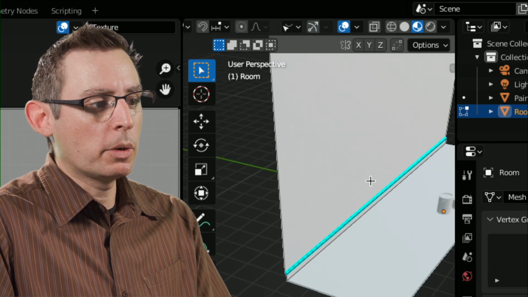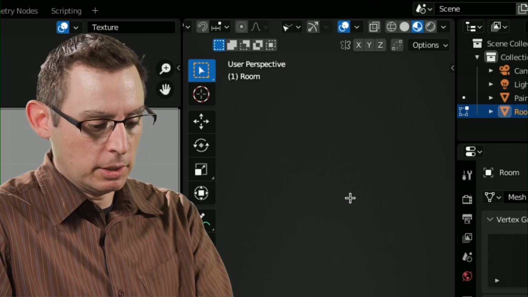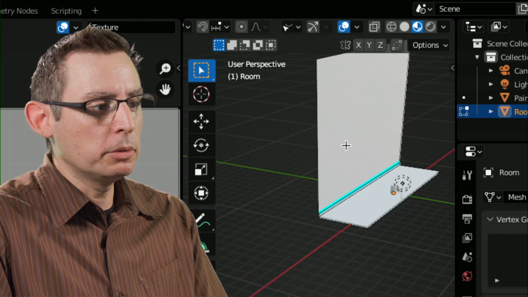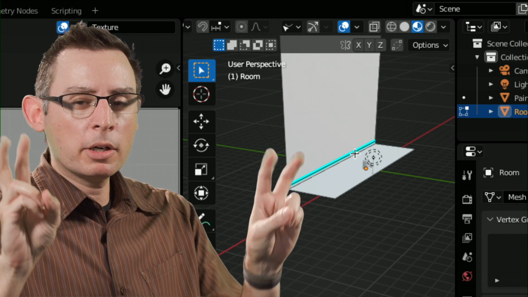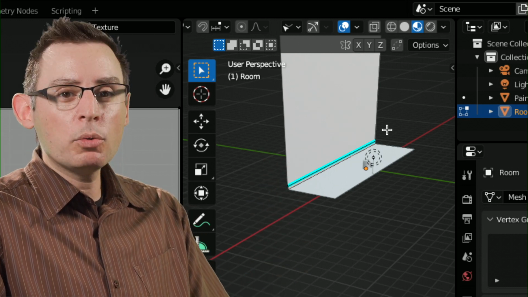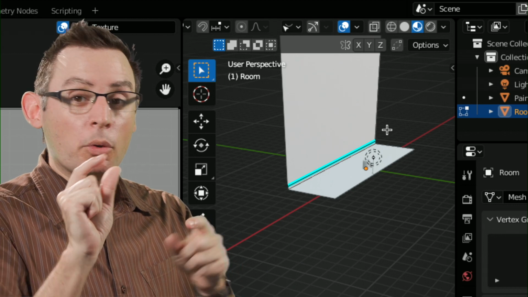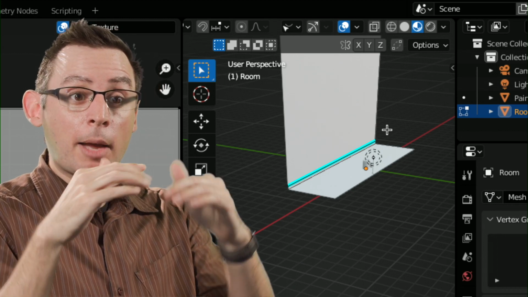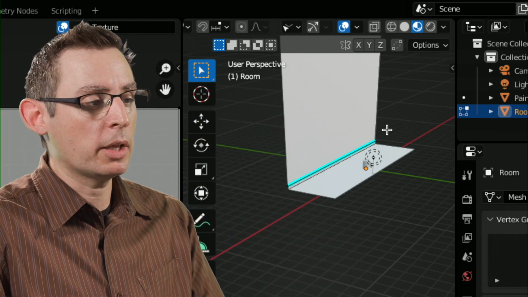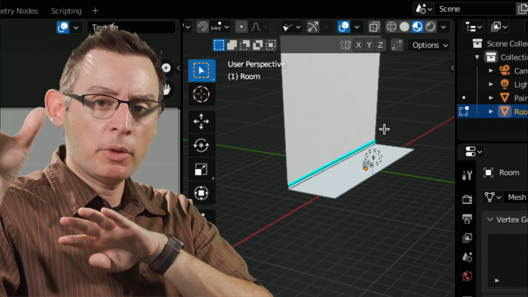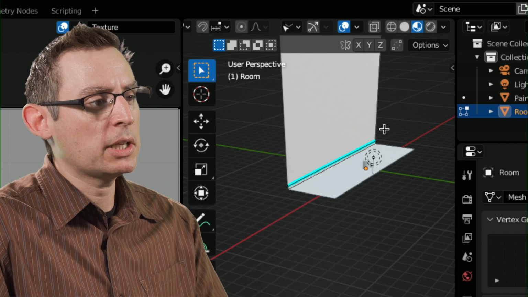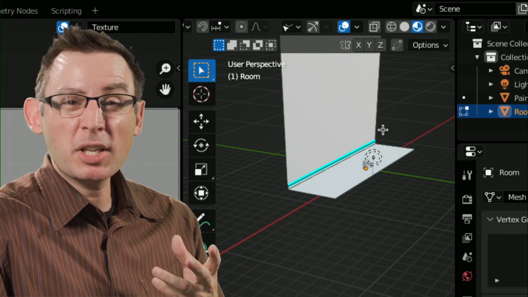One final note before we go away from this: these big blue lines inside of our scene, those are coming from what are called hard seams. Those hard seams tell the computer when to start and stop smoothing across groups of polygons. They're really important when it comes to the smoothing algorithms and how the lights work inside of our scene. But in this workflow, they're just kind of getting in the way.